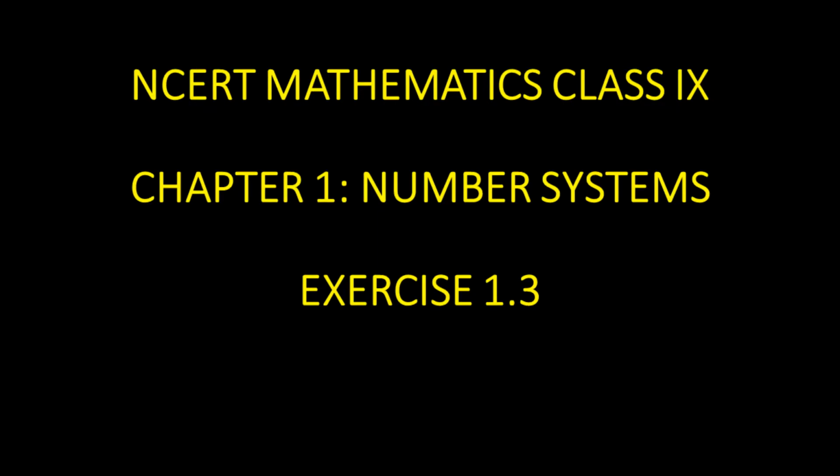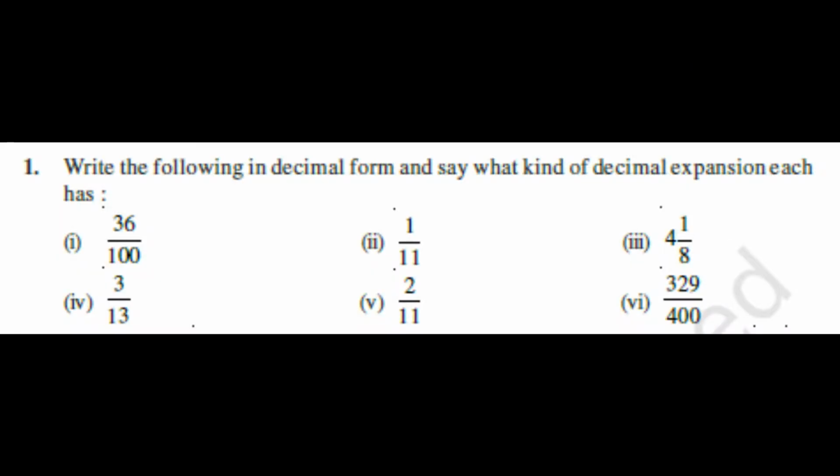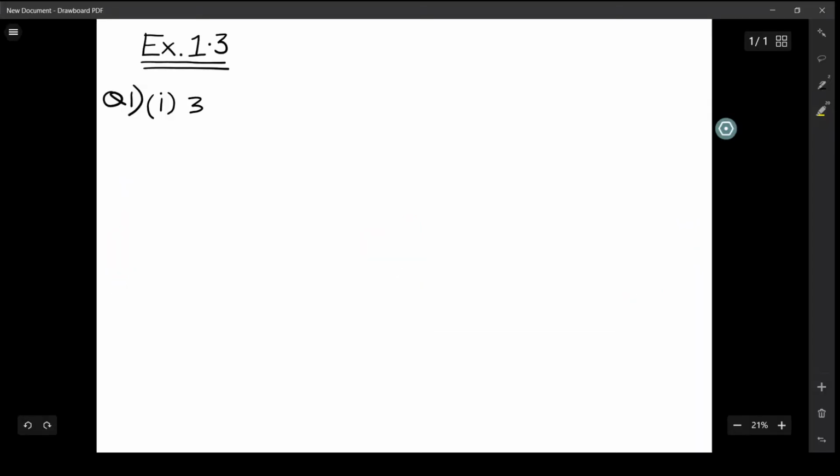So first, today we're going to be doing exercise 1.3 in NCERT class 9 of the chapter number systems. So let's get right to it. The first question in exercise 1.3 has 6 parts. It says, write the following in the decimal form and say what kind of decimal expansion each has. So the first part over here,